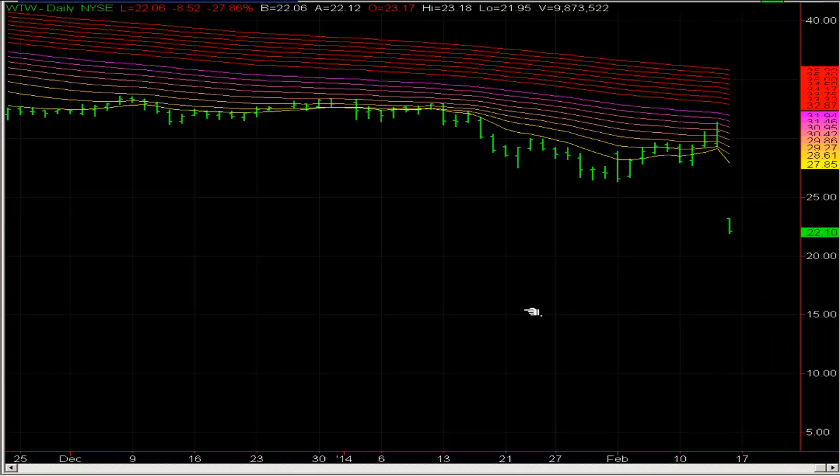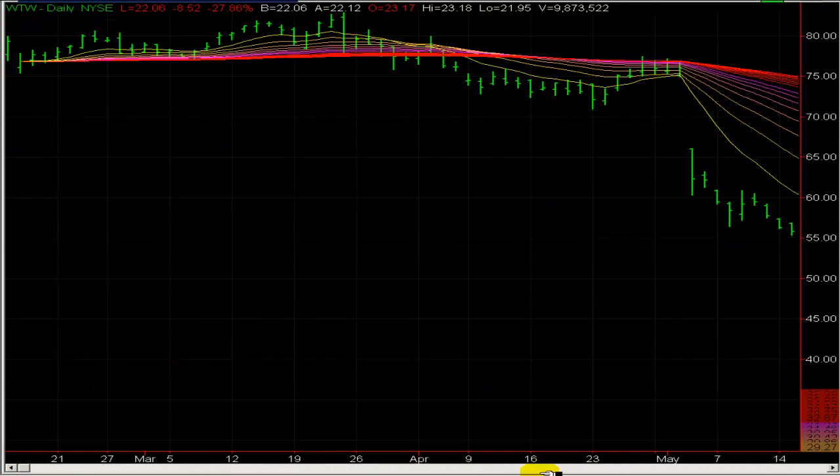But there's a broader reason that you more often than not will get gaps in the direction of the trend. Yes, it is still a surprise, but the overall feeling or sentiment with respect to the stock is not a surprise.